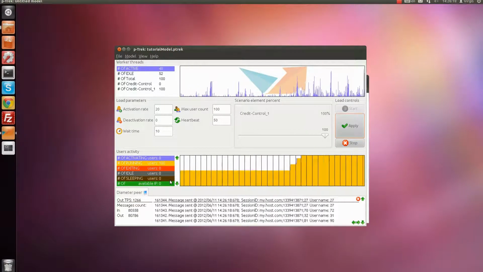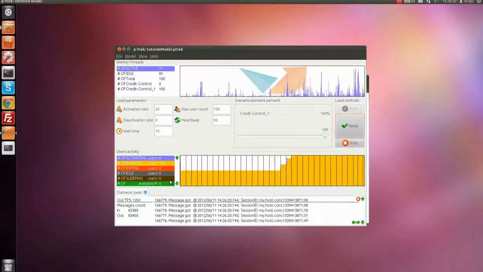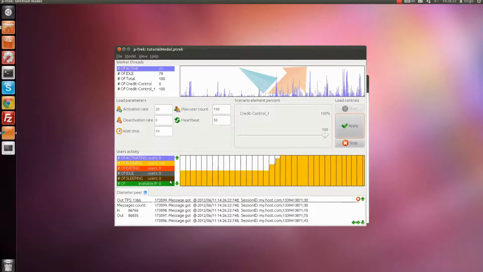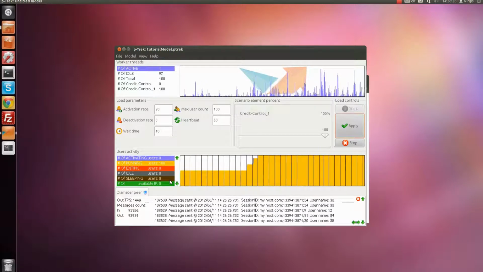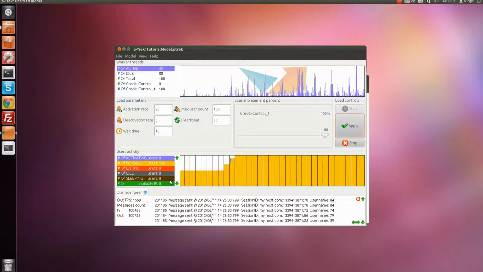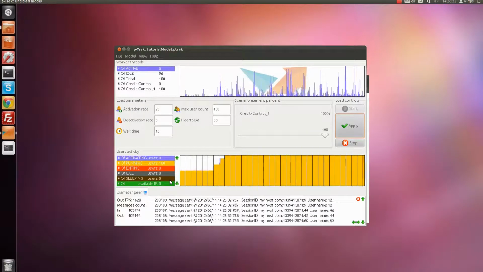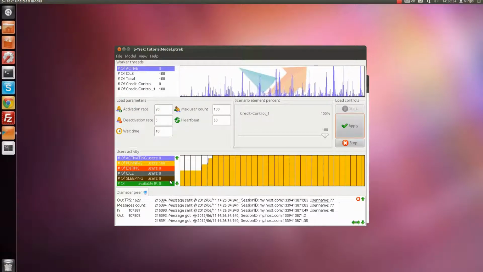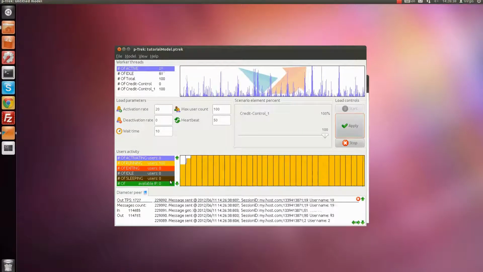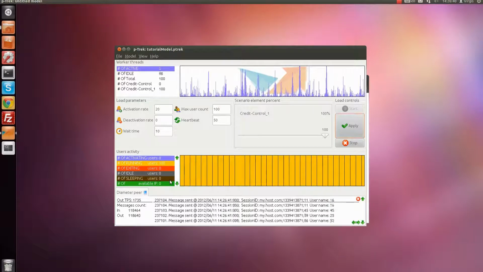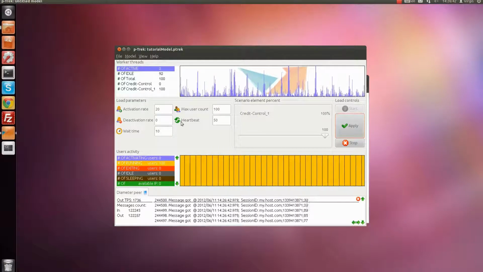It is going to reach around 1700 TPS, or maybe even more. Let's wait a bit. So as you can see, by changing these numbers we can